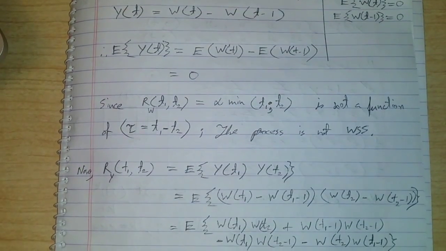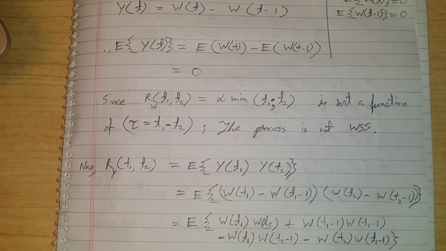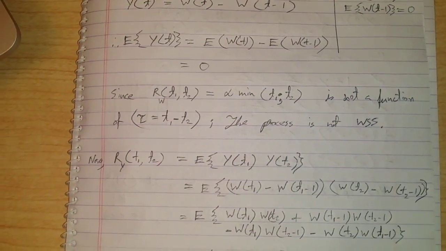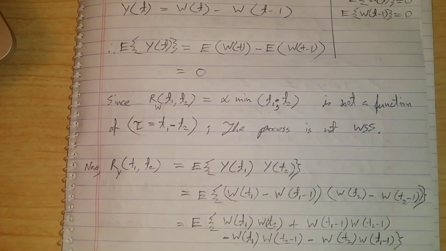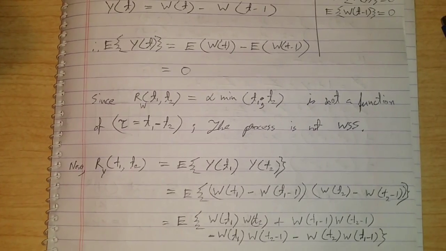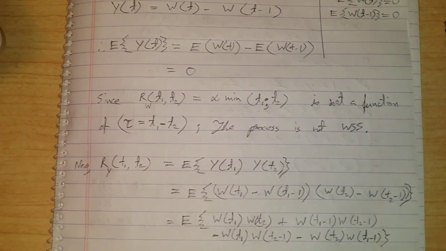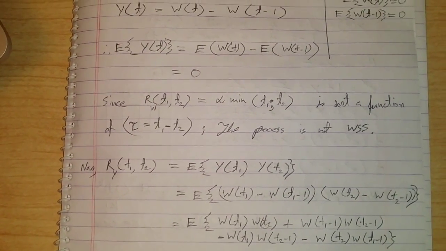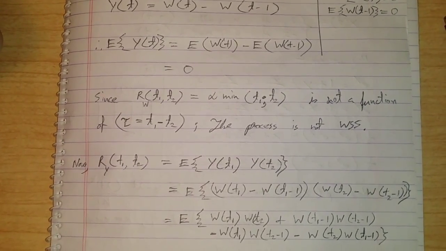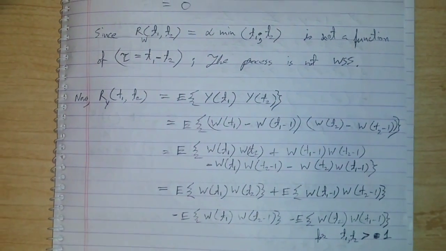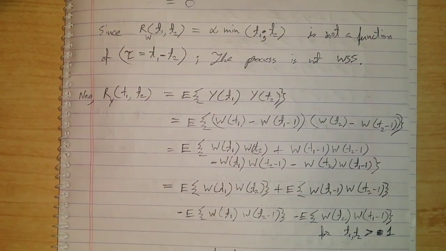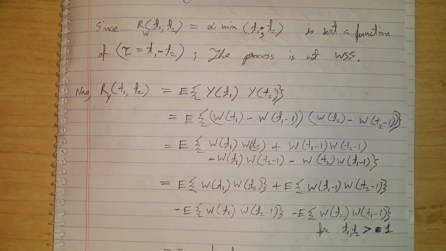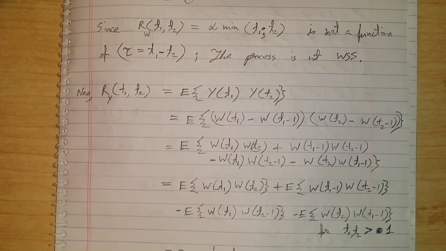And the autocorrelation of W at times t1 and t2 is alpha times the minimum of t1 and t2, which is not a function of the difference t1 minus t2, so the process is not wide sense stationary. And for ry of t1 t2, we use the linear property of the expectation operator and expand the multiplication of yt1 yt2,